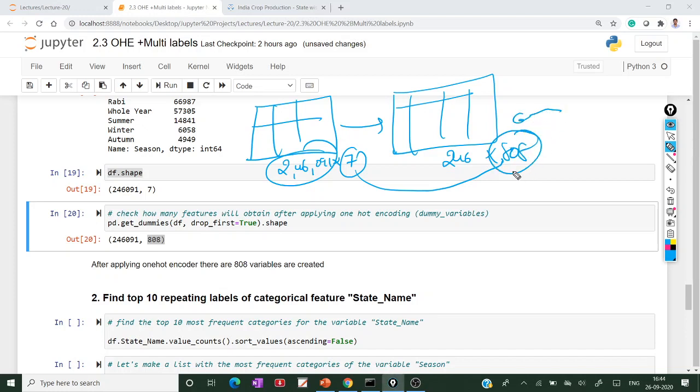That leads to the curse of dimensionality. This is the problem. That's why we consider the top 10 labels of the categorical variable and apply one-hot encoding, instead of applying it to all the variables. That is the concept behind variables with multiple categories.